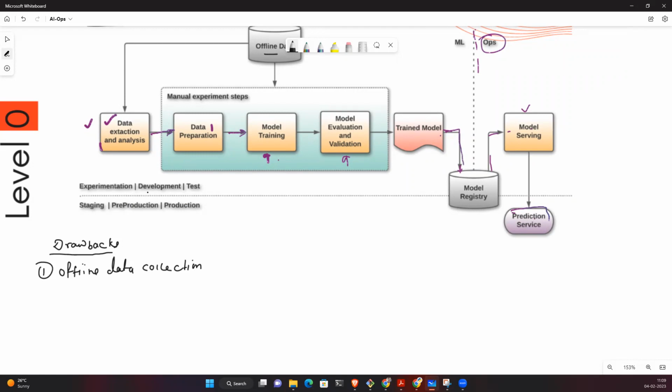Then again you are going to trigger. The second drawback is that pipeline execution is manual. What I'm trying to say is, as soon as you collect the data, you feel you have to train your model once again. Then it's a complete manual process. You have to trigger your pipeline manually, then the complete thing will happen. That is called manual pipeline execution. Third,